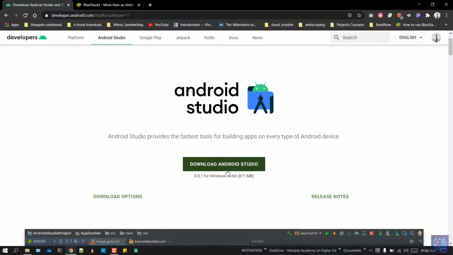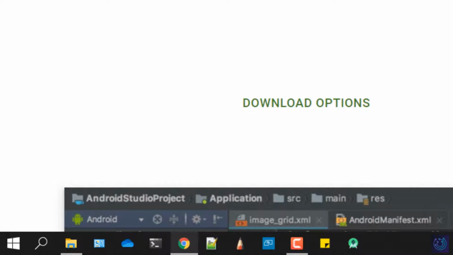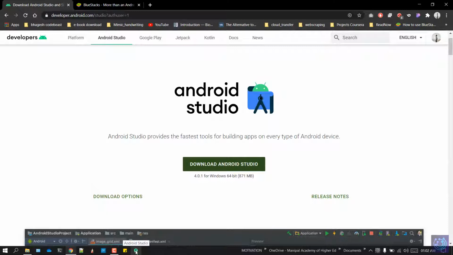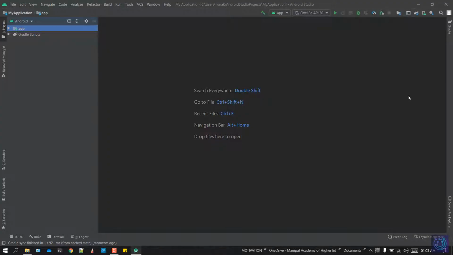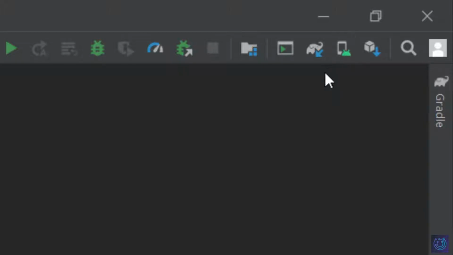It's basically a Windows application, that is an exe, and it will install Android Studio in your system. Once you have downloaded it, no need to set it up. Just click on accept and skip all the steps. And once you're done with that, just open Android Studio. Since all we are concerned with is building a virtual Android machine, we don't need to know about anything extra in Android Studio. We'll directly jump into the section on the right hand side top, which says AVD Manager, that is Android Virtual Device Manager. It's a cell phone icon with an Android logo.